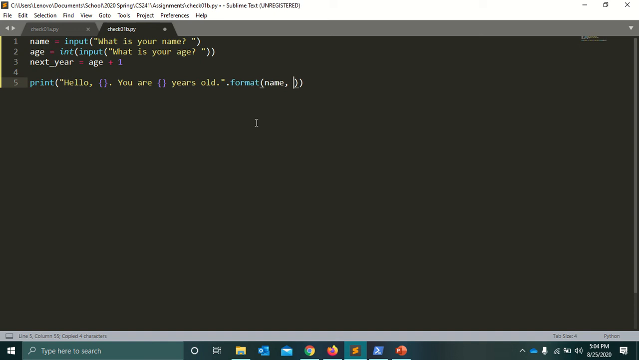So name, and you put a comma to say that that's the end of the variable. It's right there, name, and then you put your second variable, the one that's going to go in this place right here, and that's age. So name, age. Okay, then you come down again, and I'd say print